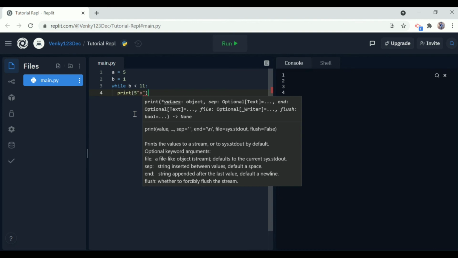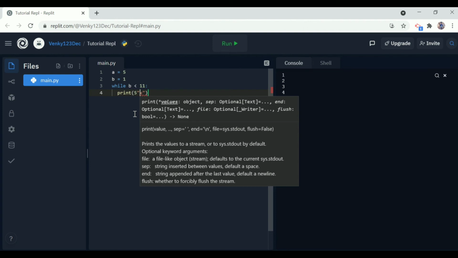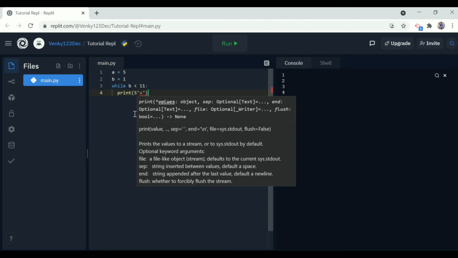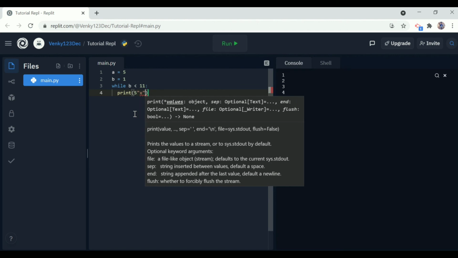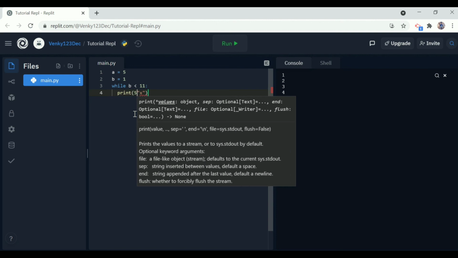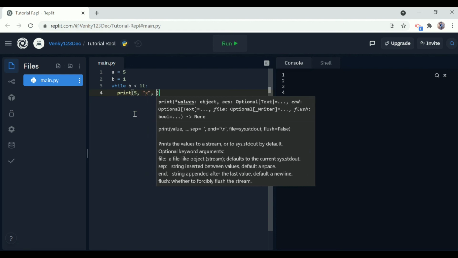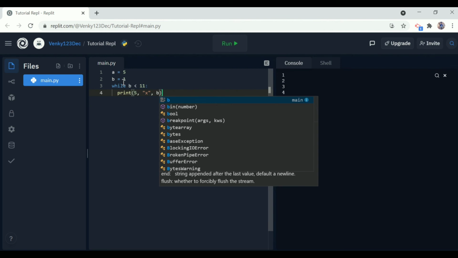For that let's just use x, and I'm giving this in double quotes because x is a string and not an integer, and we know that all strings should be given in double quotes. So after 5 we have to give a comma to print a sequence of things, and after x I want to print b. So b, because b will be 1 at first.